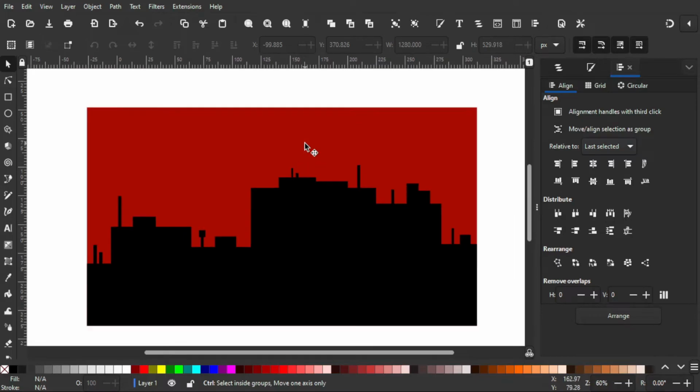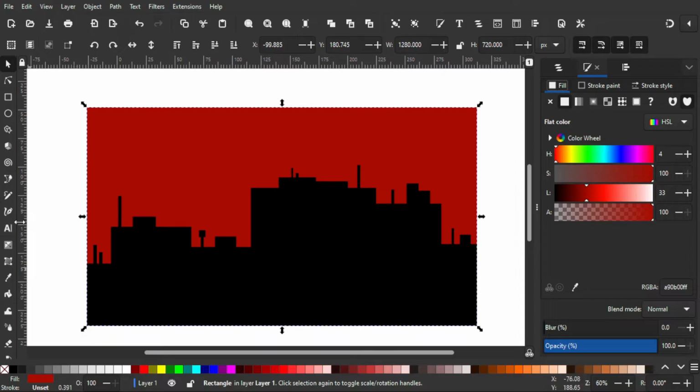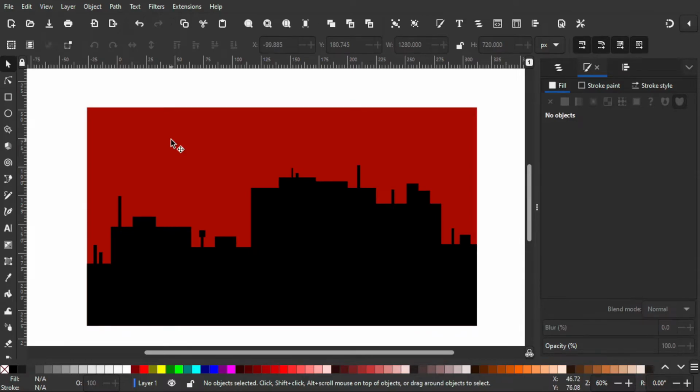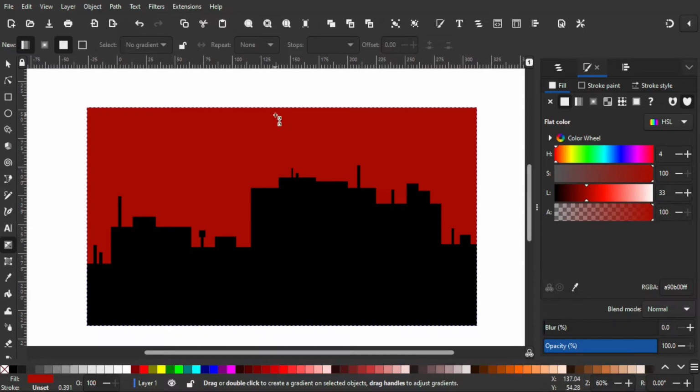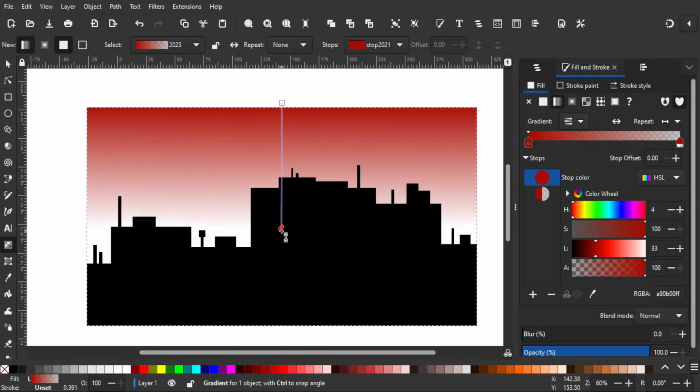And for the sky, as I said before, I think I'm gonna make it a gradient sunset-like color. So I'm gonna select the object, and then by using the gradient and fill gradient, I'm gonna hold left click on my mouse and then drag straight down to make a gradient for the object.